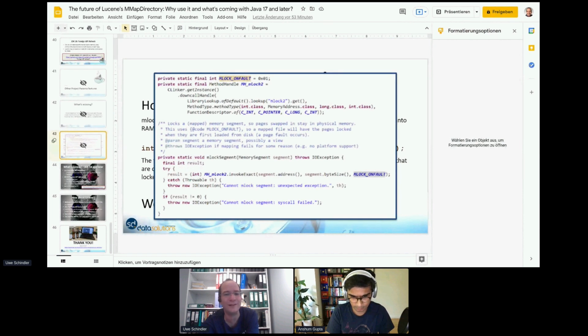I think it's only 46 or 45 bits of the 64 bits, in contrast to Linux, where you have a lot more virtual address space. So the pointers cannot be 64 bits. They are smaller because they are limited by the address bus of your hardware and also by the operating system kernel. That's the reason. So Windows is not working well with memory mapping for too large indexes because you may run into the usual swapping hell.